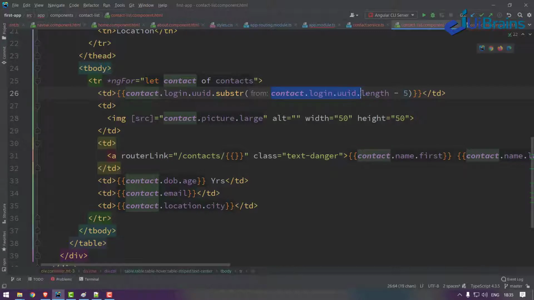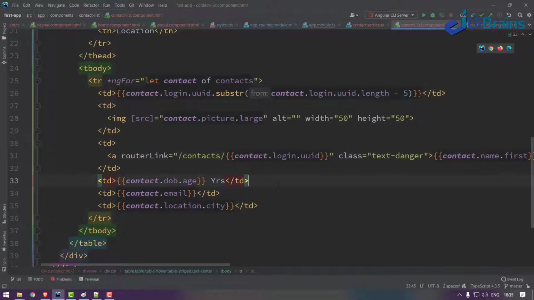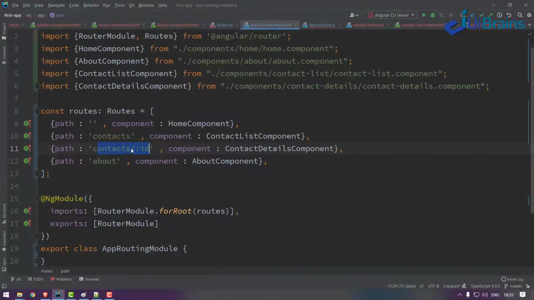In contacts, this is the id. So I have configured a link URL for the name, slash contact slash the id, a dynamic id. When you provide this path, it will look into the router configuration, and for that path this component will get loaded.